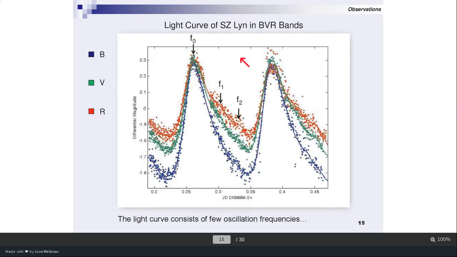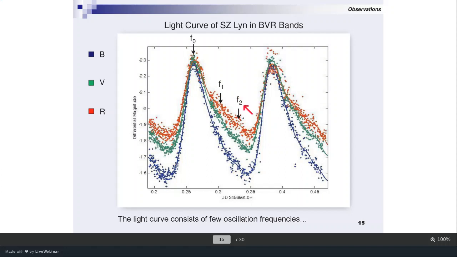Right. So this is part of a light curve, in BVR bands. I put them together, and here I just normalize to the maximum point. Even without analyzing the light curve, I can actually see some other frequencies available. Here are the other variations. Of course, there's a main variation, the main period frequency F0, and there are some other variations like F1, F2.